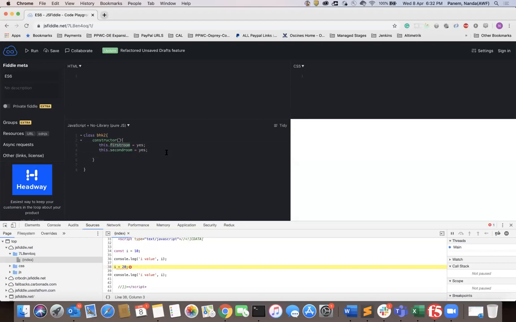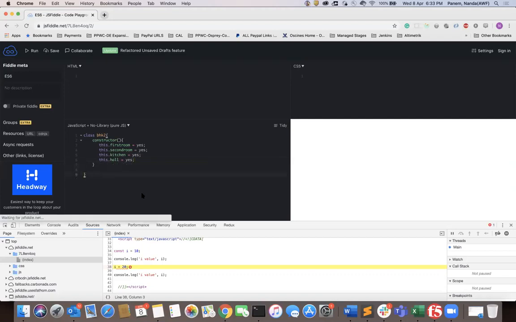So we have two bedrooms, and we have this dot kitchen equal to yes, this dot hall equal to yes. Now I'm doing console dot log of 2 BHK. Okay, this I'm going to provide as of now.